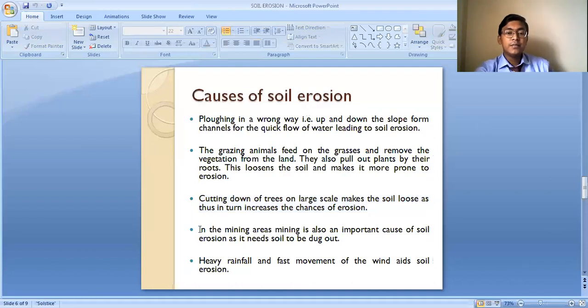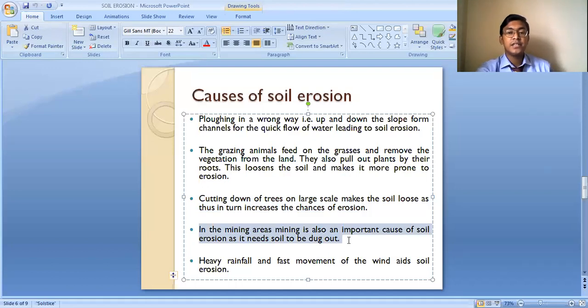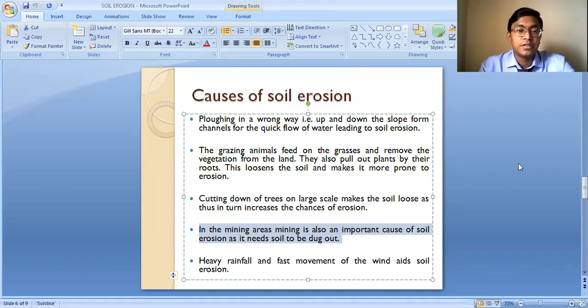Even in the mining areas, mining is also an important cause of soil erosion. In order to carry out mining activities, we need to dig holes and cave-like structures beneath the soil to extract the minerals. When we take out the layer of soil from the earth's surface and interior to take out the minerals, the soil becomes very loose, and the soil which we dig out from the interior gets